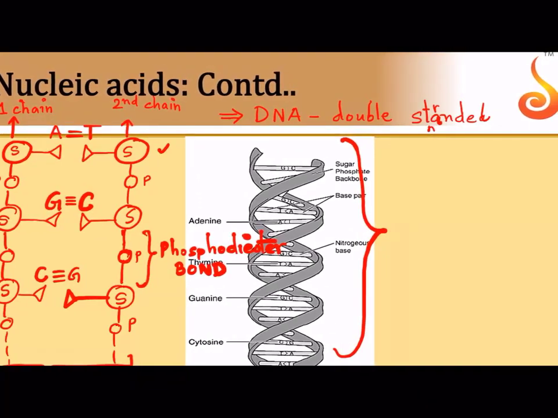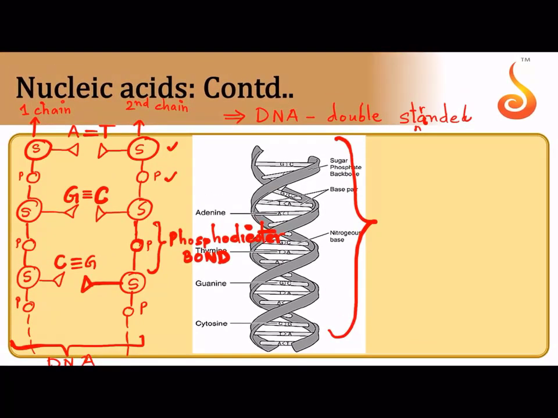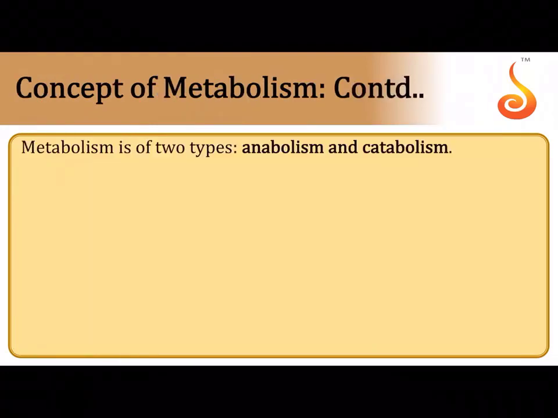Each chain has a backbone of what? Sugar, phosphate. And does each chain have a repeating unit which is referred to as a nucleotide? Yes. There is a sugar, there is a phosphate, there is a nitrogen base. What is this one unit called? This one unit is called a nucleotide. So there are several nucleotides connected together by what bond? Phosphodiester. How is one nucleotide of one chain connected to the corresponding nucleotide of the next chain? By means of the nitrogen base pairing. Base pairing rule says adenine pairs with thymine with 2 hydrogen bonds, guanine pairs with cytosine with 3 hydrogen bonds.